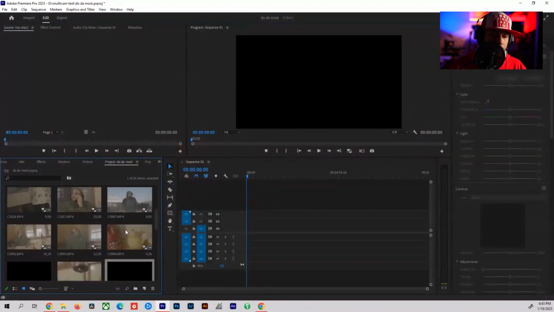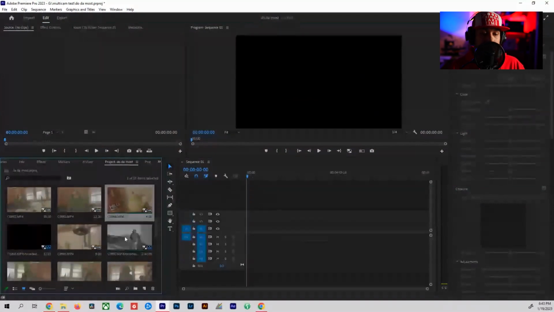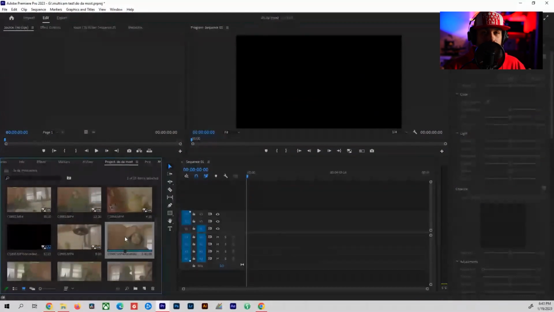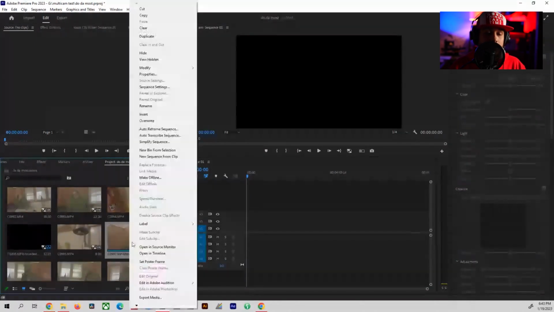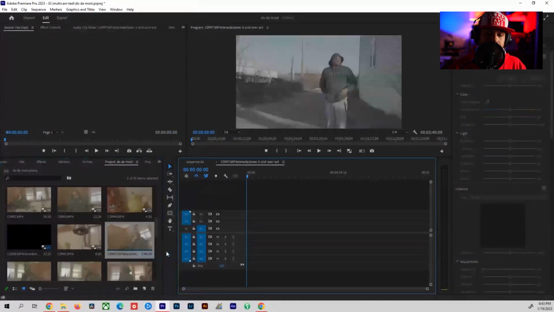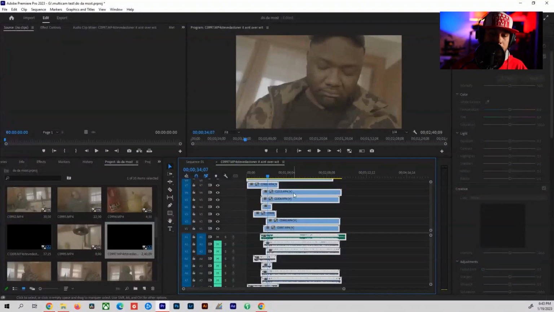What I'm going to want to do is, let me find it. I'm going to want to just click the multicam sequence. Don't want to click nothing else. Remember, we highlighted everything before. Right click, create multicam sequence, hit audio, and then it's going to say it wasn't able to sync everything. And then we're going to get this. Now we're going to get the multicam sequence, right? So this right here is my multicam sequence. So what I'm going to do is I'm going to right click on it. Then I'm going to click open in timeline. Boom. All right. So now this is everything literally that was available. These are all the scenes that were available while the music was playing. So if I hit play,